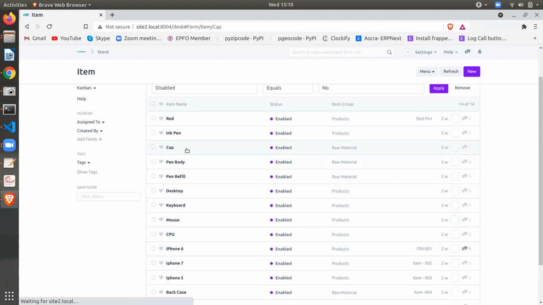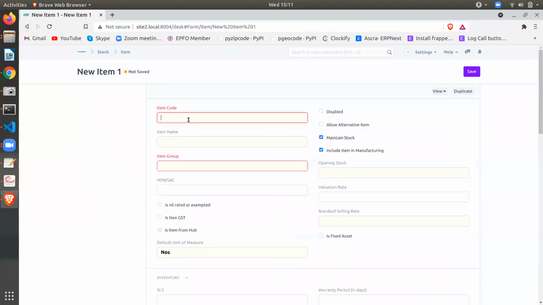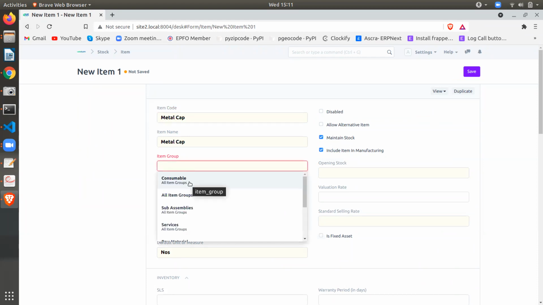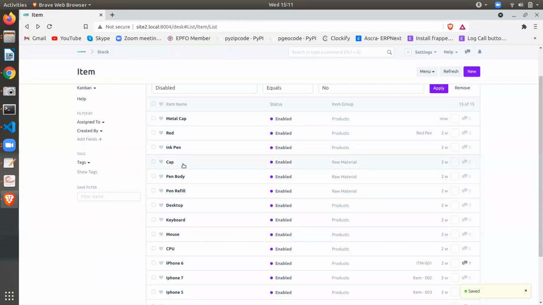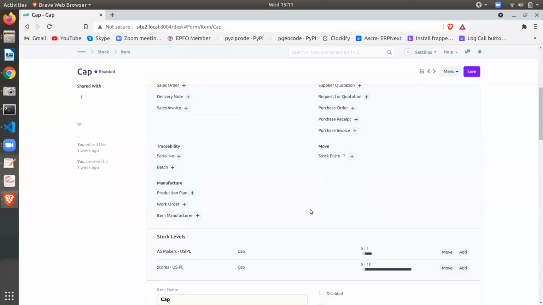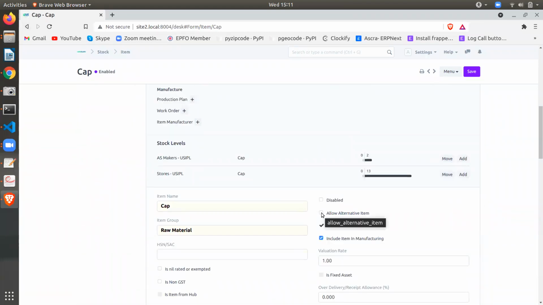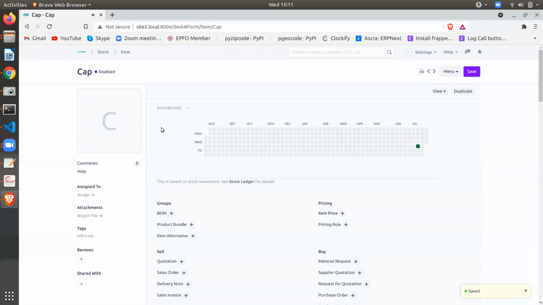I'll select cap, and I'll just create one more item for that, metal cap. Save. So let's take this item as an example. We have an item called cap and an item called metal cap. For the cap item, I'm enabling the Allow Alternative Item checkbox here. So we can use an alternative item for this item whenever we want.